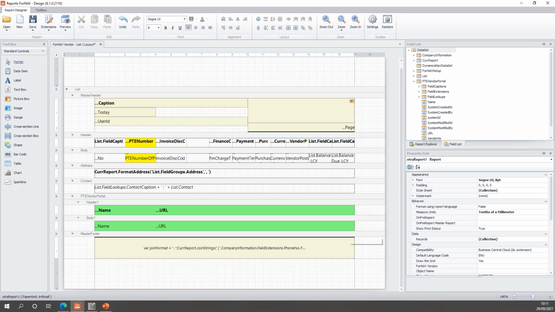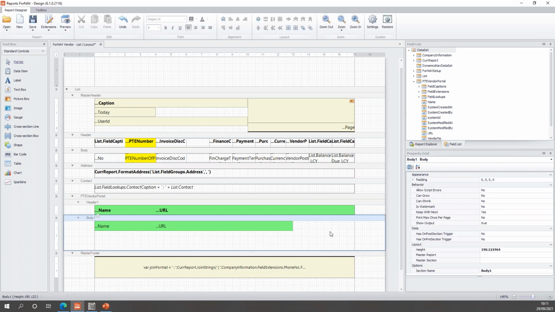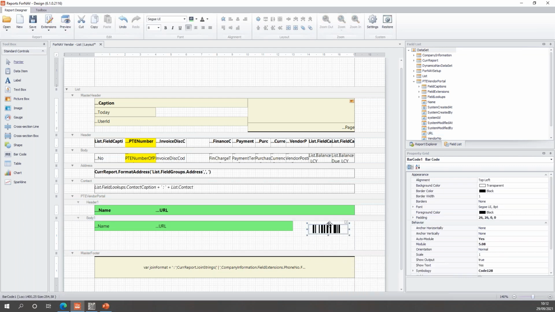Now for a QR code I need a little bit more space, so I'm just going to give my body a bit more space. Move this one to the left. Now I want to create a barcode, and of course I can grab a barcode control and set everything manually, but I can also in my PTE vendor portal select the URL, keep the shift key pressed, drag it into my report, and when I drop it, ForNAV will ask me what I want to create. In this case I want to create a barcode, so I'll choose barcode